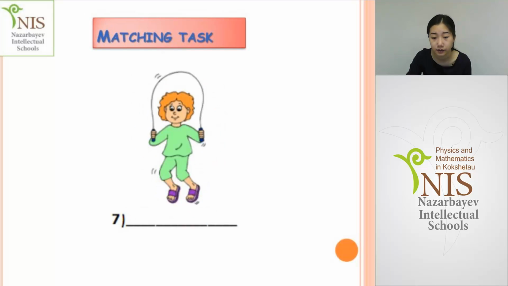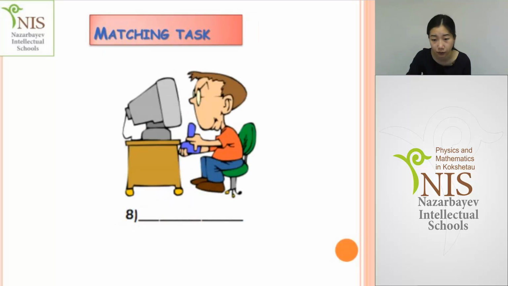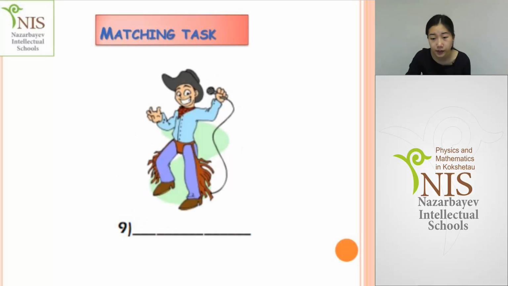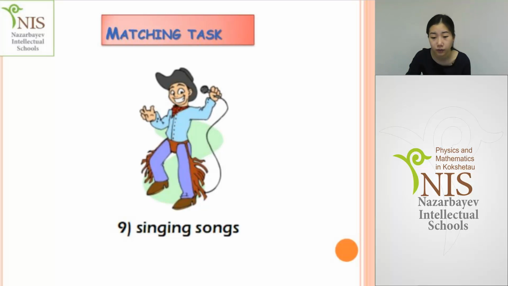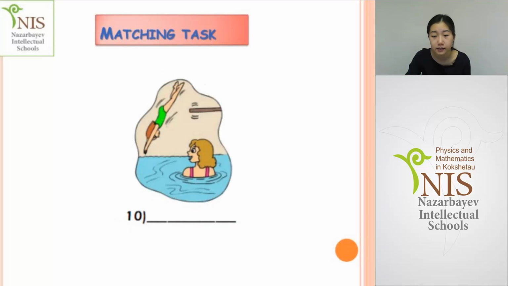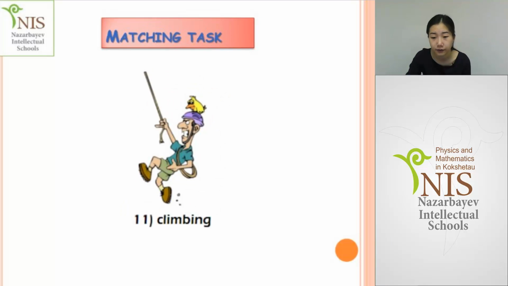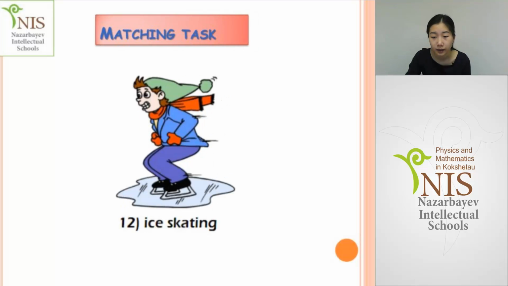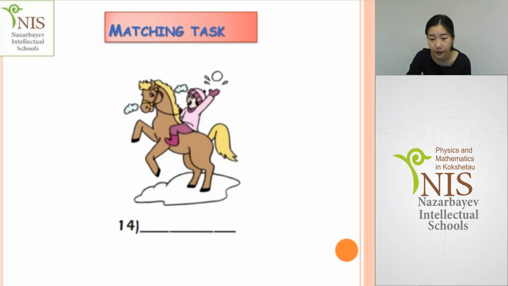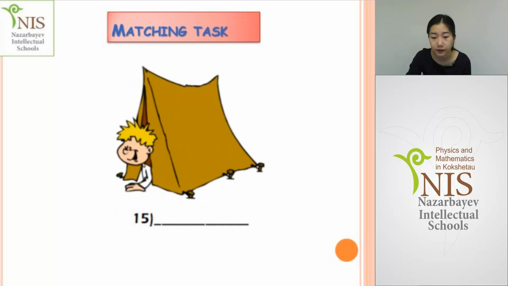Number 7 is skipping rope. The next picture is playing PC games. Then we have dancing. Oh, this is singing songs actually. The next is swimming. Then we have climbing, ice skating, playing tennis, riding a horse,